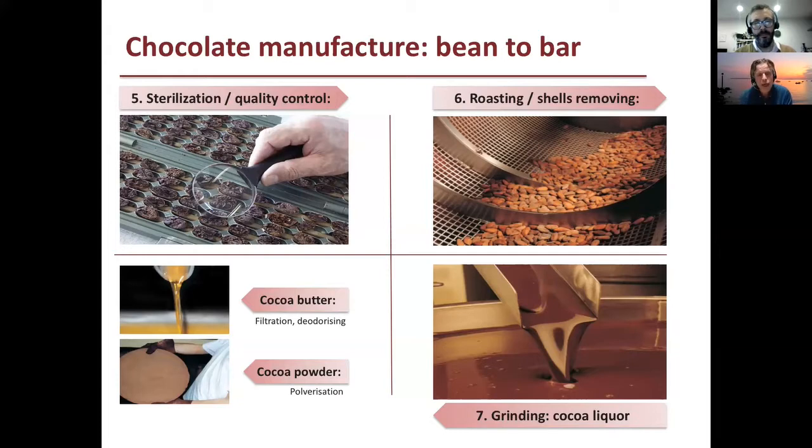From cocoa liquor, we can then produce something called cocoa butter. And basically what you do is you put the liquor into a press, a physical press, and put it under a lot of pressure, and out comes the cocoa butter as a liquid. So that's the fatty part of the cocoa, but it doesn't have much flavor because the flavor stays behind in the brown bit of the cocoa, which we then turn into cocoa powder. So the way to think about it is beans turn into cocoa liquor turns into cocoa butter and cocoa powder. With cocoa liquor, cocoa butter and cocoa powder, we've got the building blocks we need to make our chocolate.